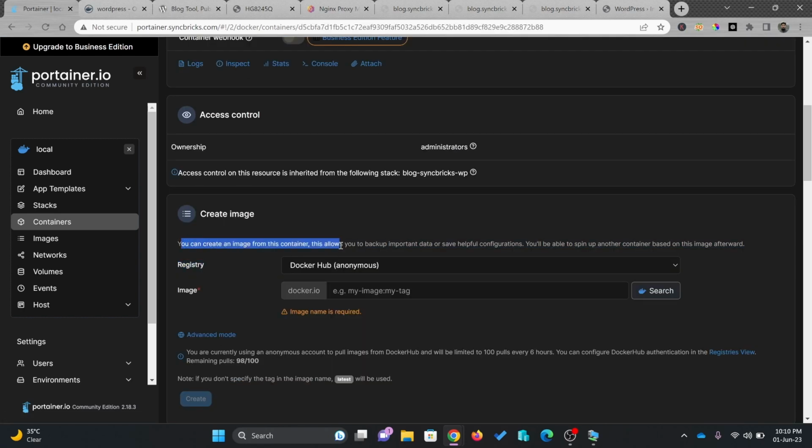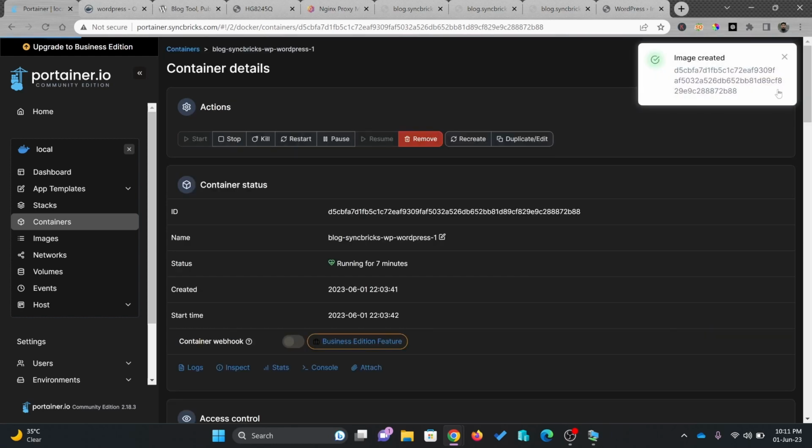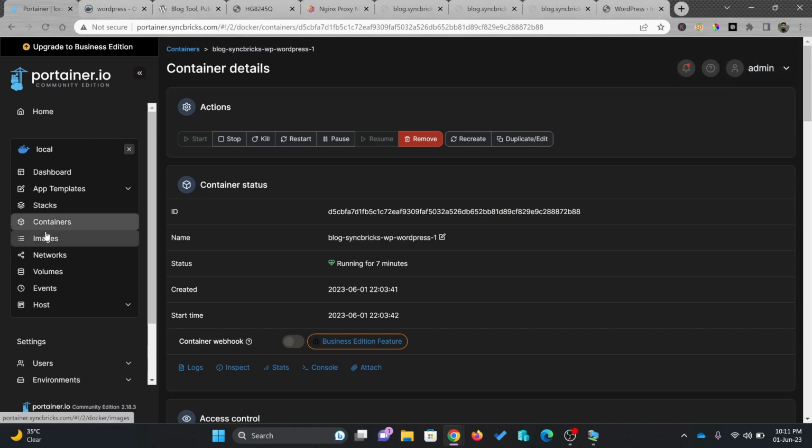You can create an image from this container. This allows you to back up the important data and save helpful configuration. You will be able to spin up another container based on the same image afterwards. For example, I can say here, and I can simply create it, and here you can see the new image has been created. If I go here to Images,